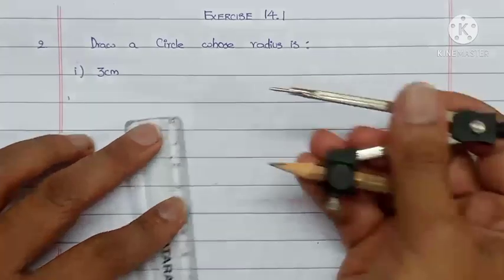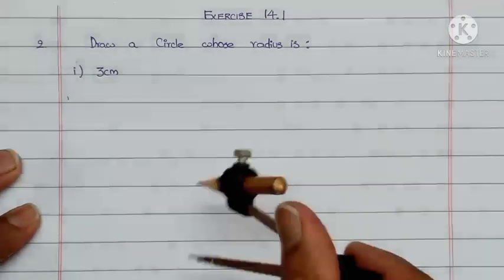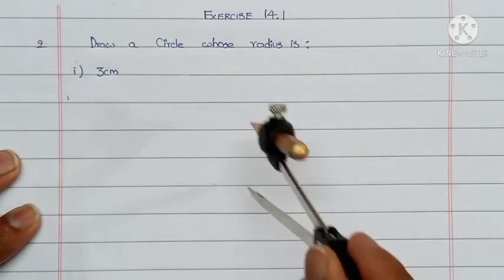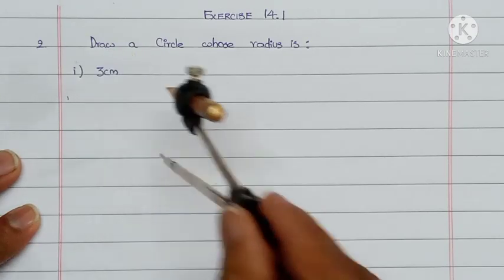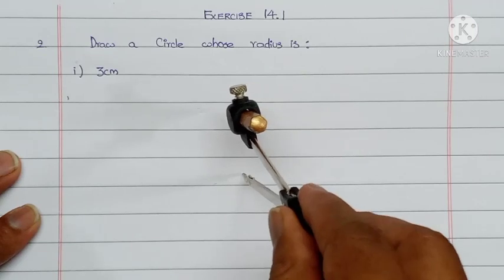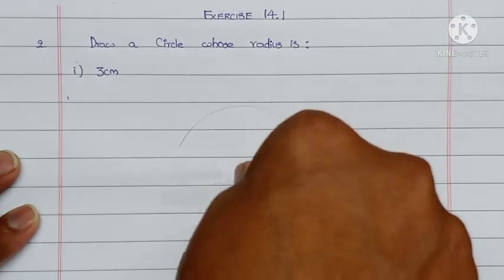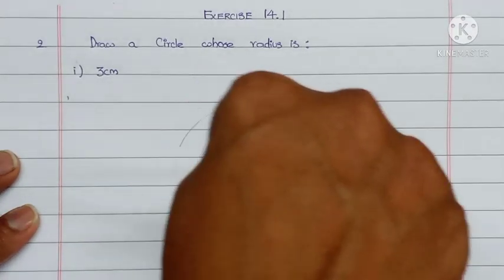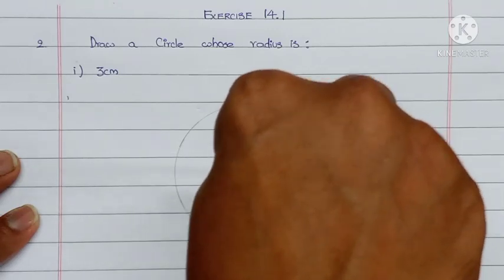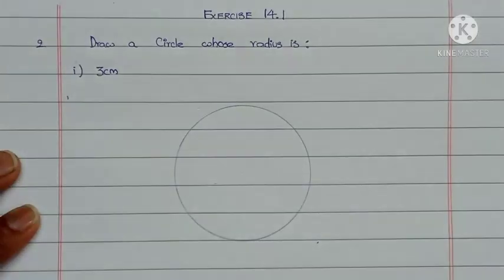Now as I did, you draw each circle on a single page. Try not to draw 2 circles on the same page. So you will write the question and you can keep it at any point, no problem. But if it comes in the middle, that looks good. Then freely you have to draw a circle like this. Just by rolling the top of it, you are going to get the circle of radius 3 centimeters, children.